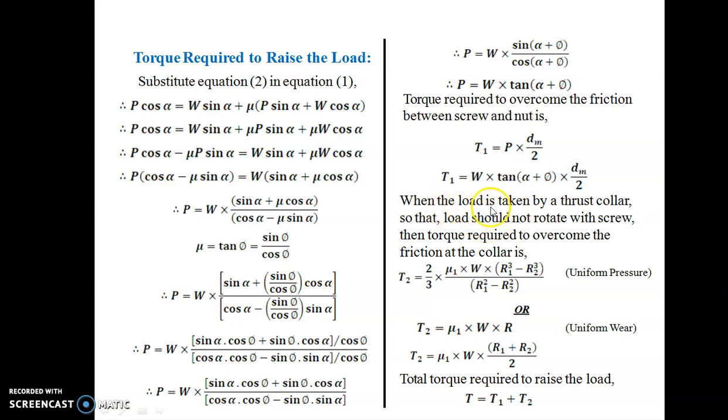Now if the load is taken by the thrust collar, so the load should not rotate with the screw, then torque required to overcome the friction is also there, and that is calculated by uniform pressure theory or by uniform wear theory. So the torque required to overcome the friction, that is T2, by uniform pressure theory is 2 by 3 mu W into (R1 cube minus R2 cube) divided by (R1 square minus R2 square), where R1 is the outer radius of the